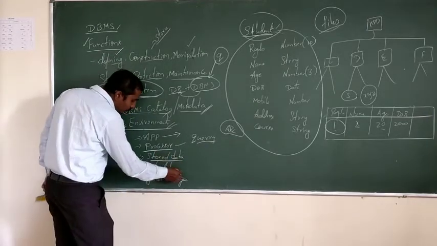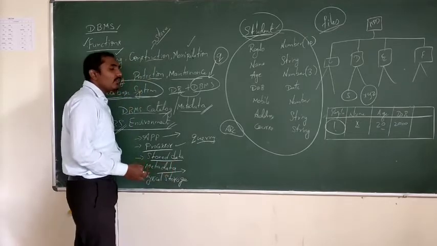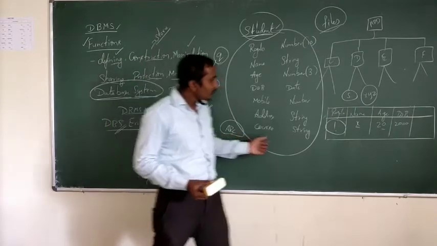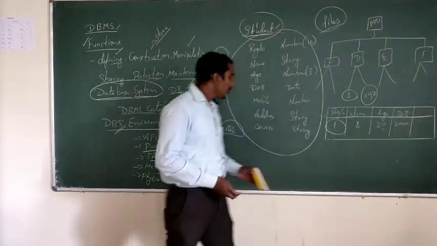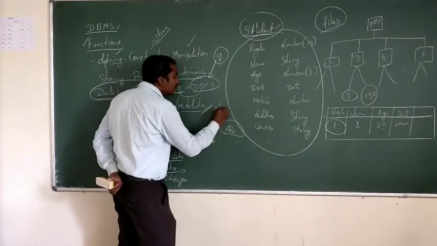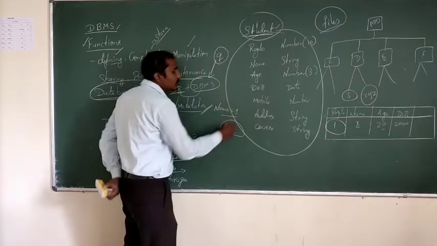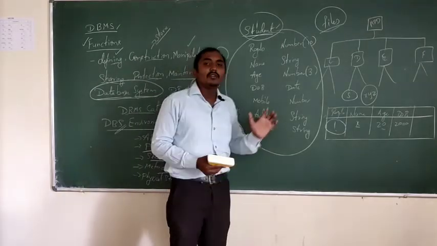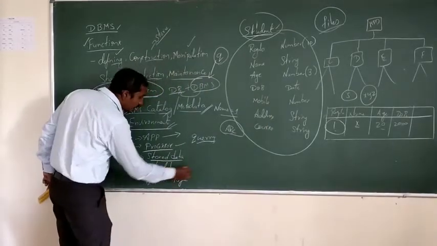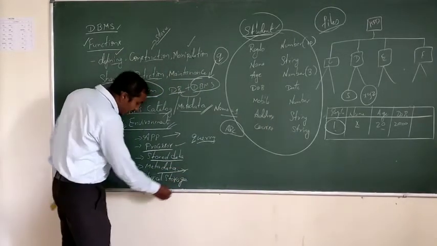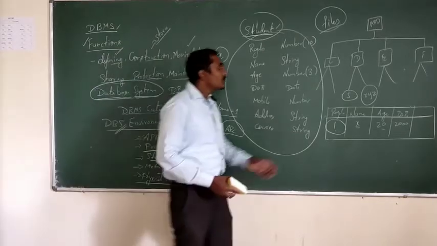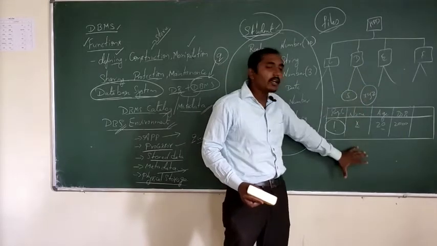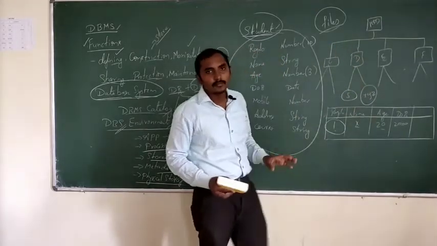Once it is accessing stored data, it will also search for metadata, in the sense that whenever I ask for ABC, that is a student name, I cannot give a number here. Suppose I search something like where name equal to 1. This is not possible because name cannot be 1. It can be some value there. To recognize that, I should also need metadata. And at last, physical storage. It will go to that particular location, that student file, and search for the data. If it is available, it is going to return it back to the user.